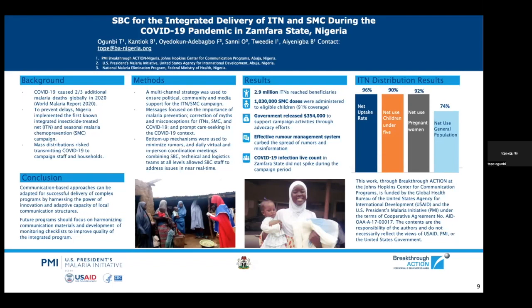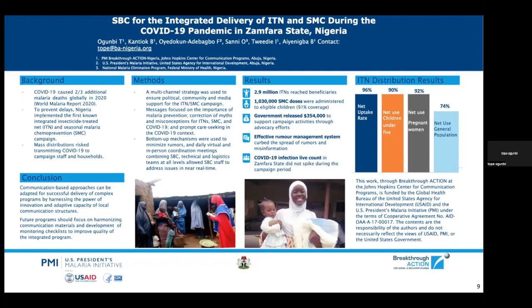The coverage for SMC, as delivery of the medicines to eligible children, achieved a 91% coverage, which was quite impressive given the pandemic nature of the time when it was implemented. Of course, the effective rumor management was helpful in curbing the spread of rumors and misinformation that came up during that period. Advocacy efforts led to government contributions in the tune of over